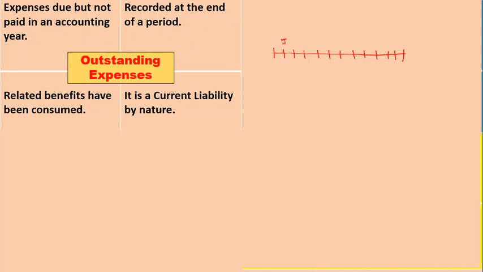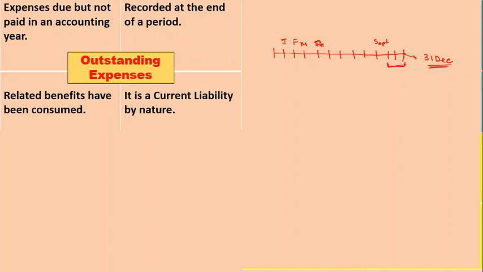So from January you pay the expenses, same like rent. Every month you are paying your rent: January, February, March, April. After September, you did not pay the money. October, November, December, for 3 months, the rent has not been paid. So at the end of the year, on 31st December, when the firm is going to prepare the final accounts, the firm is going to check whether the rent for these 3 months has been paid or not.